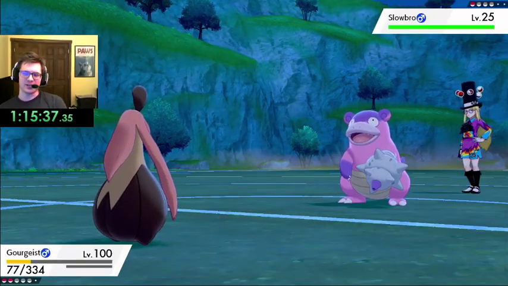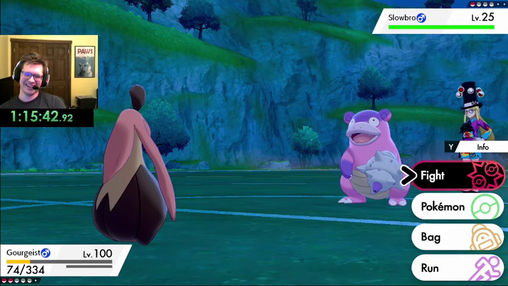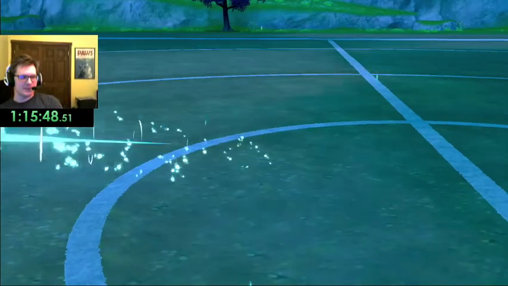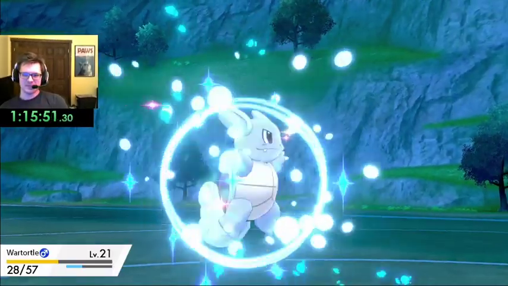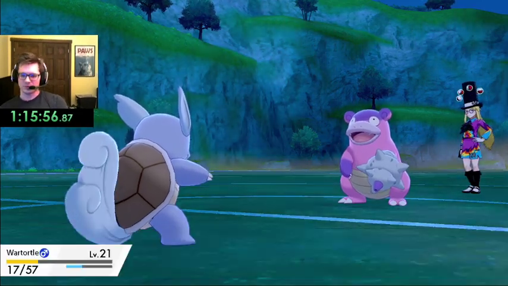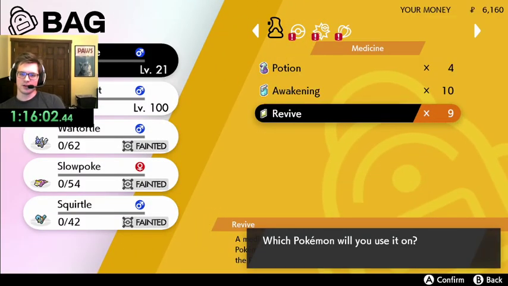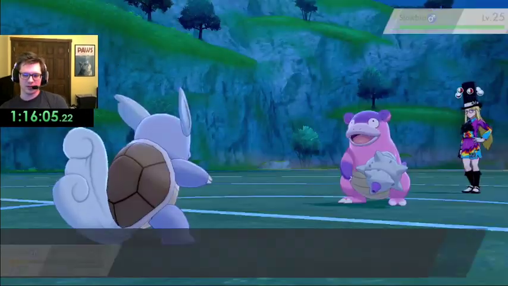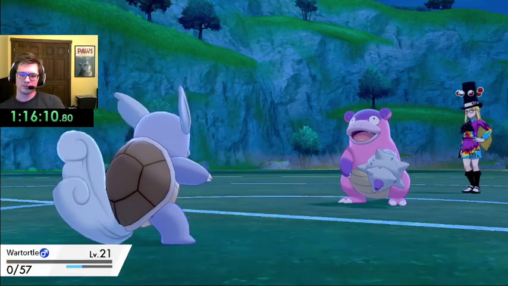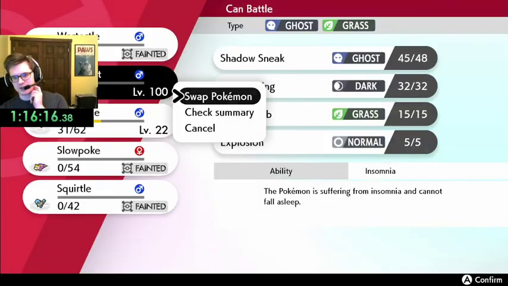I've never lost this battle. But like... I'm confused. Let's go War Tortle. Yeah, we'll revive one. There's no point in trying to deal damage to it, because Gorgeist one-shots it anyway, and it's not going to kill, so...